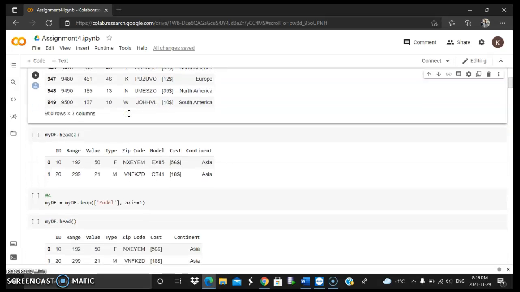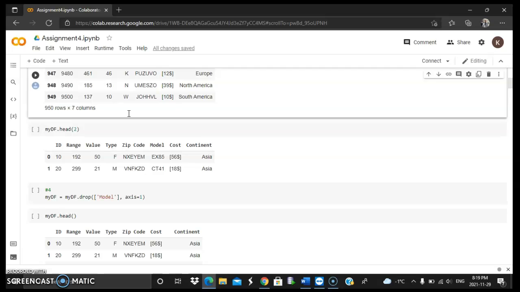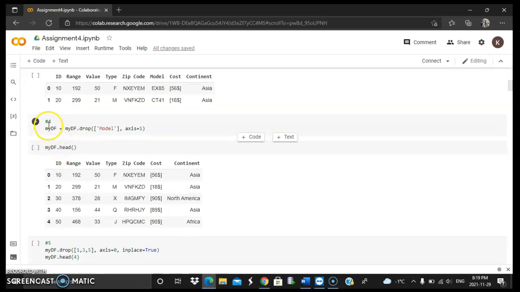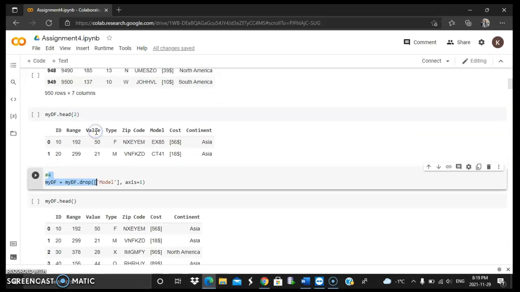Then moving towards the next question, it was given that we delete the model column permanently using the assignment, not the in-place parameter. Is there any output when you run the permanent deletion? So how can you make sure it is deleted? In the next question, you can clearly see that we were supposed to permanently delete it.